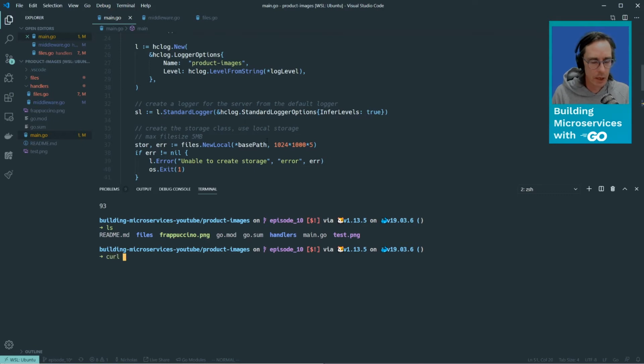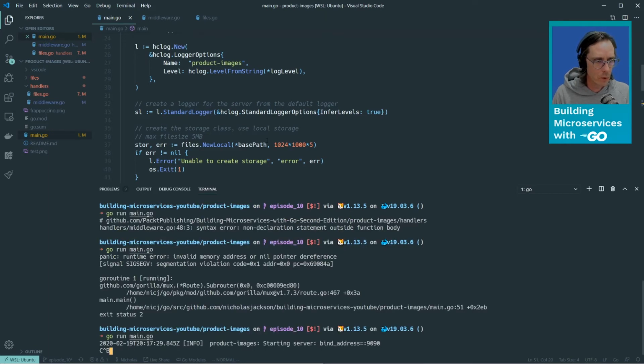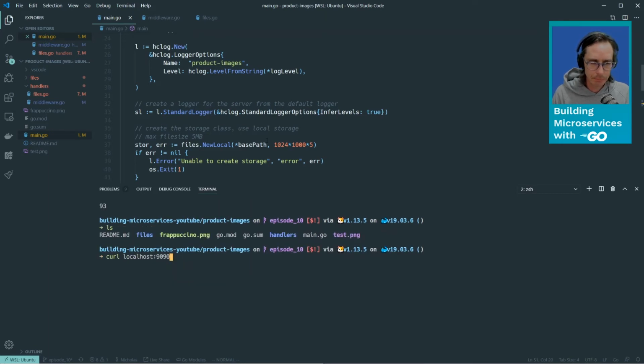I'm just going to use curl. So I can just do curl, and I'm going to do localhost 9090, which is where my app is running at. And I need to give it a path. So I'm going to give it a path of 1 and an invalid file name. And it doesn't really matter, but let me just specify my file,